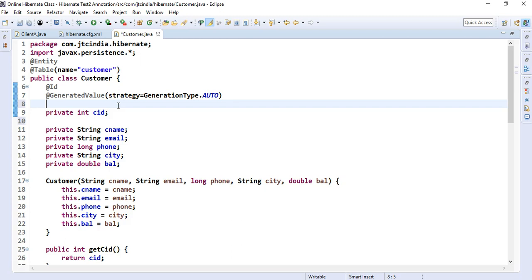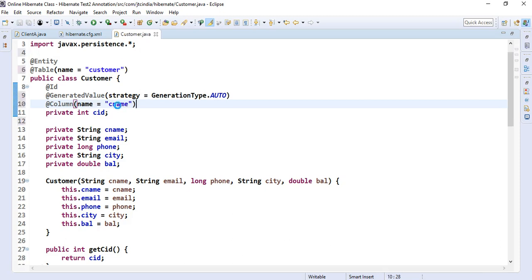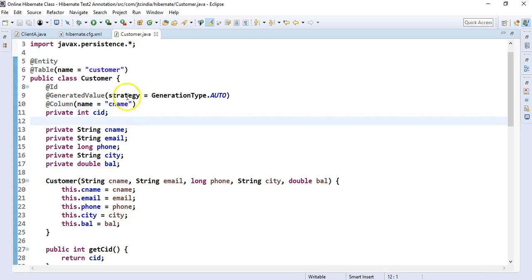So now I need to tell the database what the column name could be. I'm using one more column annotation: column is equal to, name is equal to, CName. I am going to write it inside this. Here CName must be enclosed in a string. Done. Now, the way I have given the information, I have specified the annotations